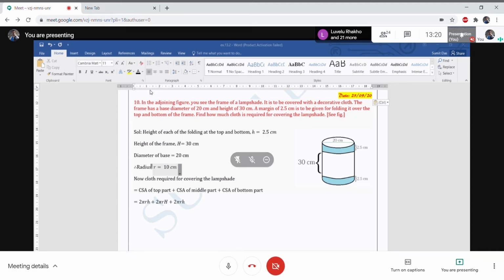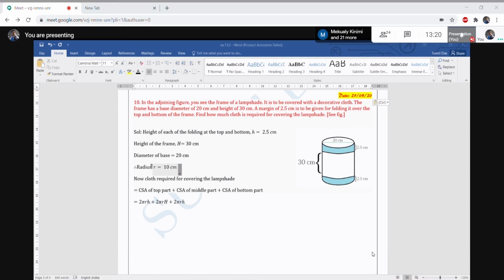What is the question given? The question is given that in the adjoining figure, you can see one figure is given. You see the frame of a lampshade. This is the lampshade. It is covered with decorative cloth, and the frame has a base of